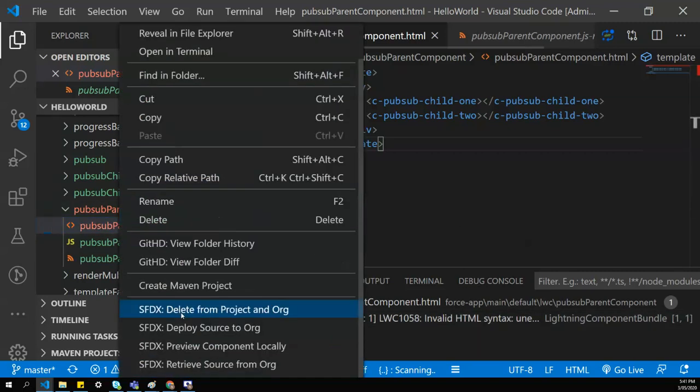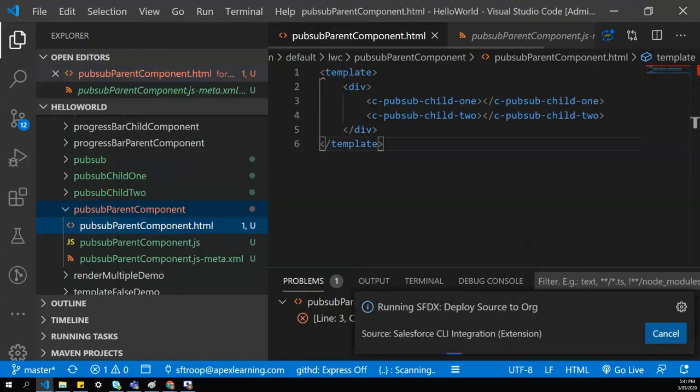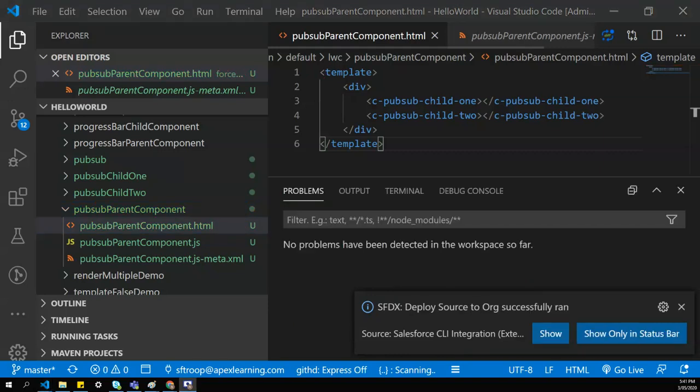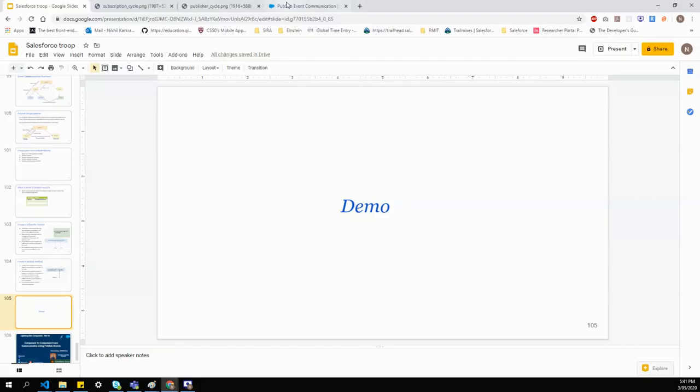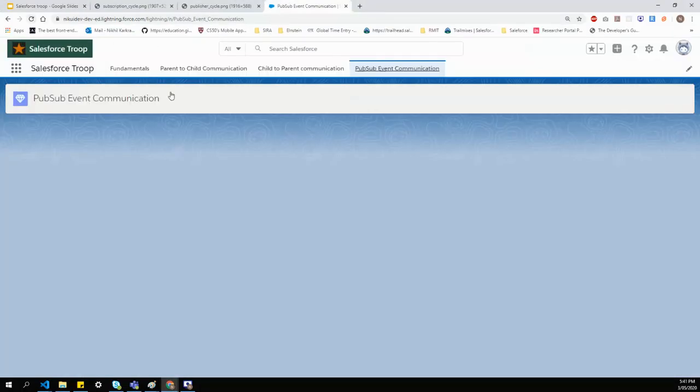Let's deploy it again. So the component is deployed successfully. Let's go to our org. So I already opened my org. I already created a page for this demo, PubSub event communication.